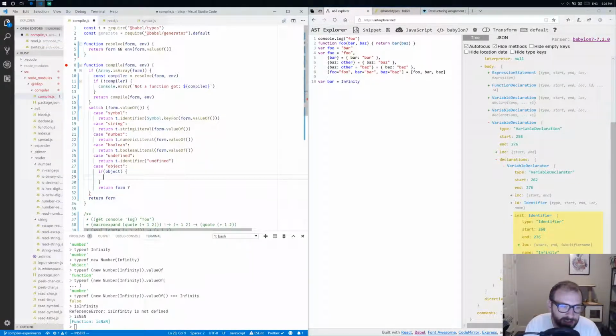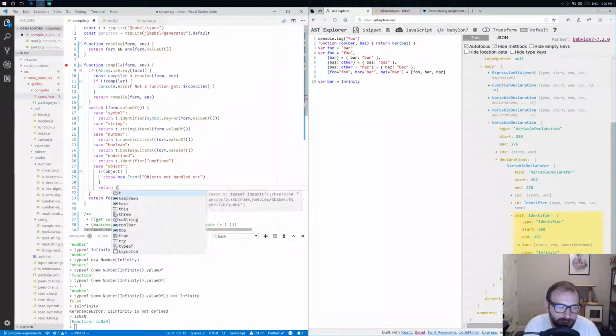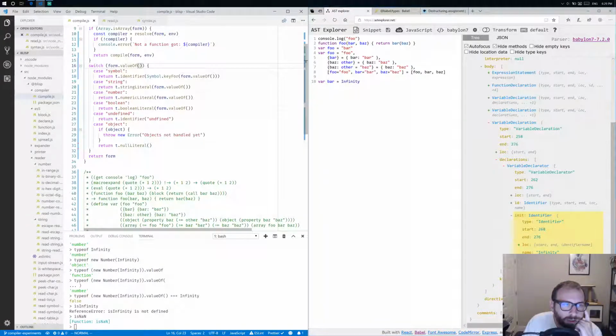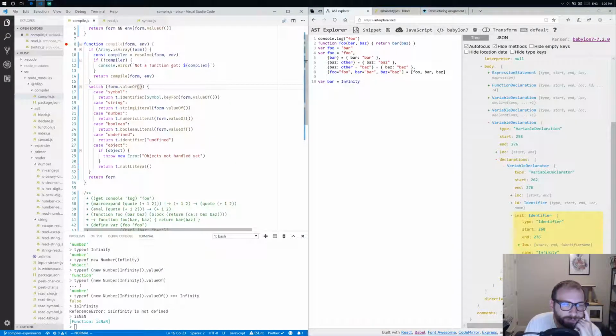So if object exists, and otherwise we have a null literal. Okay, so